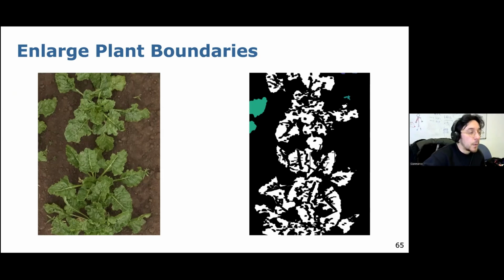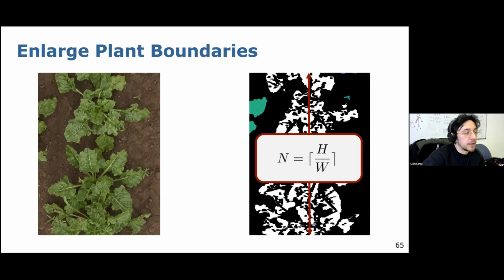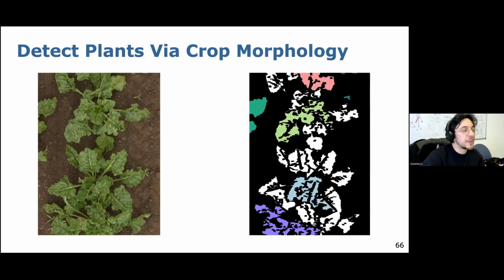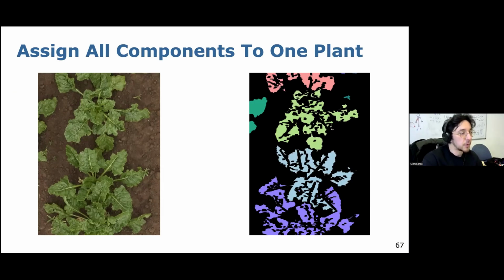At this point, we use our information about the desired aspect ratio to define how many plants we are looking for. So again, we compute the height and the width, and we compute the number of plants, which in this case was 4, and we assign the 4 biggest components as centers of our new plants. They are now depicted in pink, green, light blue, and purple. All the other components cannot be a new plant. It means that they need to be assigned to one of these 4, and we do so using the closest one. And we do exactly the same for all the pixels that we just cut out, but that are actually